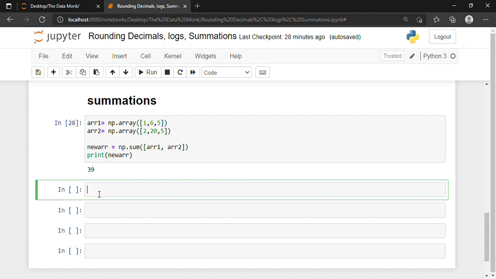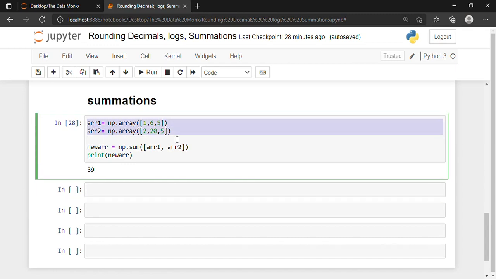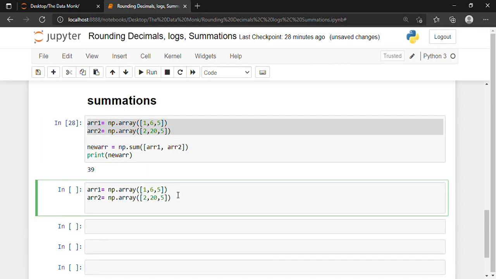First let me write the lines of code. I've already written my two arrays, so let me just copy paste them over here. And let's take the value 165 in the second array also. So I have taken two arrays, array 1 and array 2.